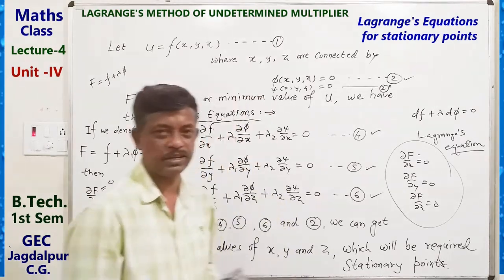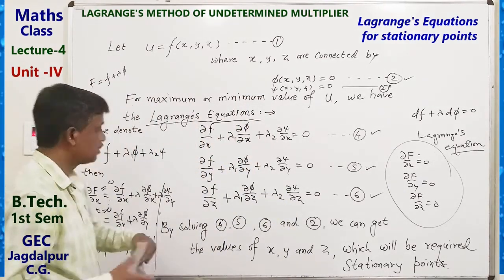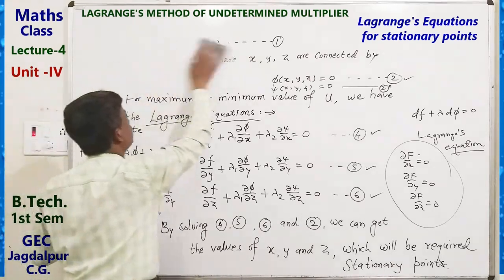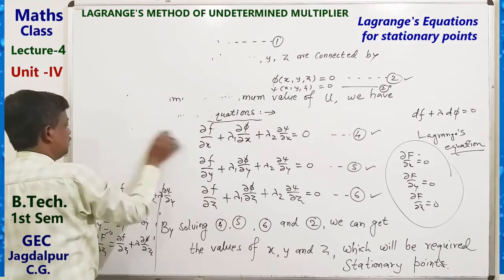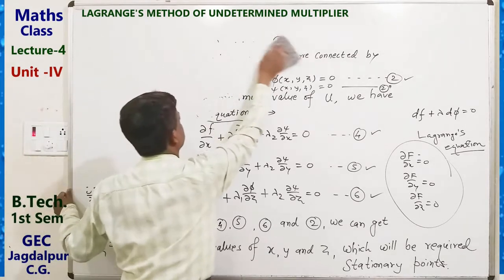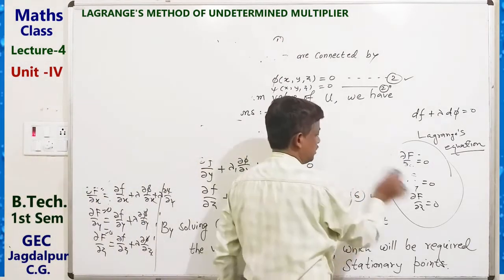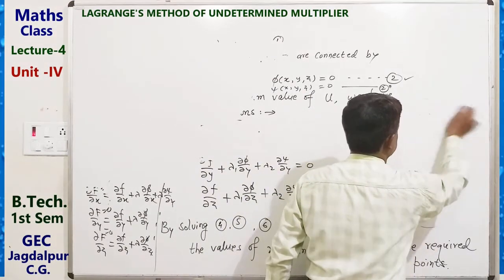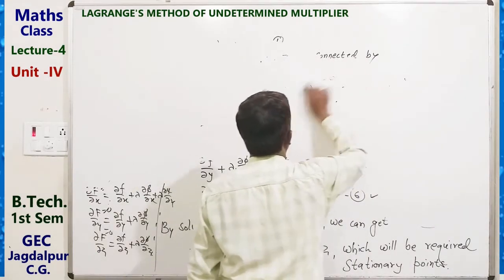By using this, we can find the stationary points for finding the maximum or minimum value of a function of 3 variables, multivariables. Okay, so now we take questions for solving one by one, 2, 3 questions we will solve in this class. Okay,